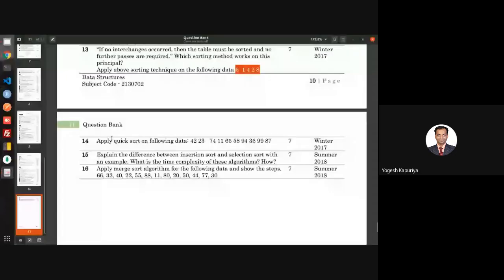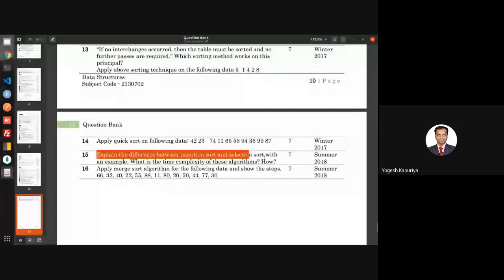So this is what. Next is apply quick sort on following data. Explain the difference between insertion sort and selection sort with an example. What is the time complexity of this algorithm and how? 7 marks question. So here you are supposed to,